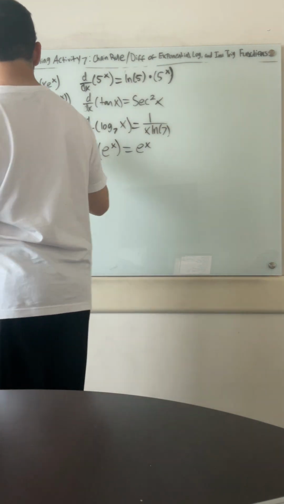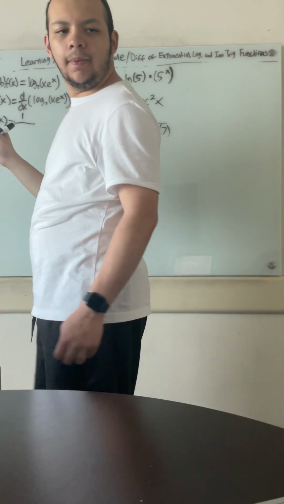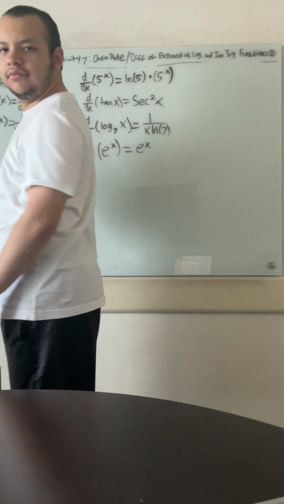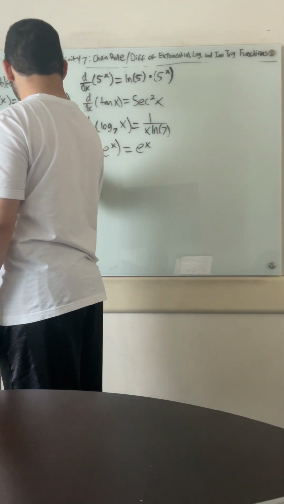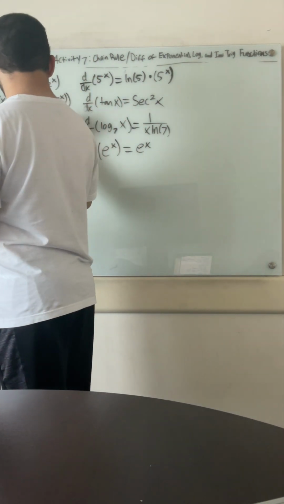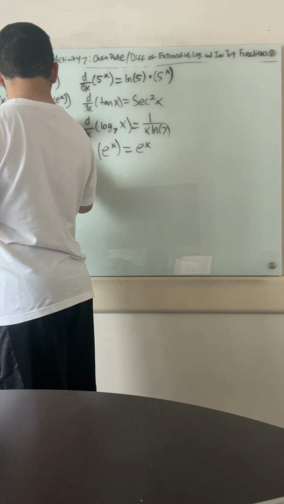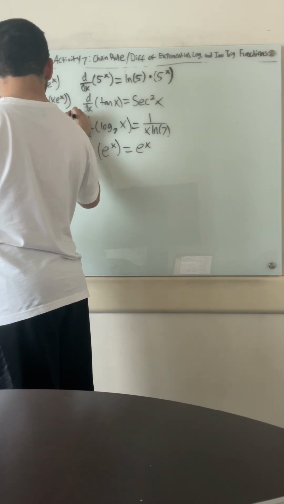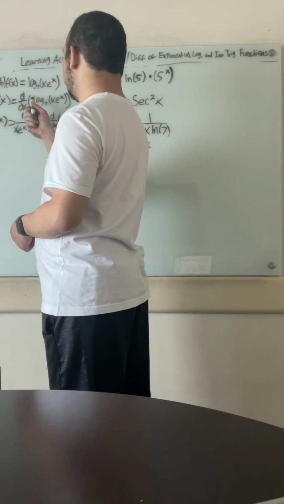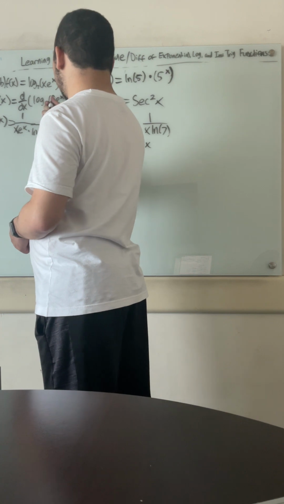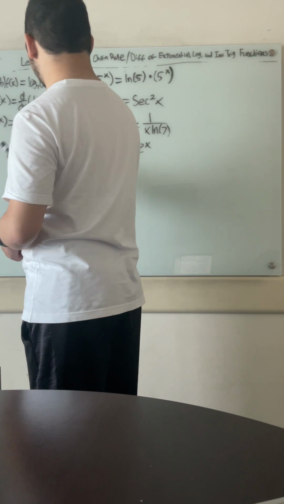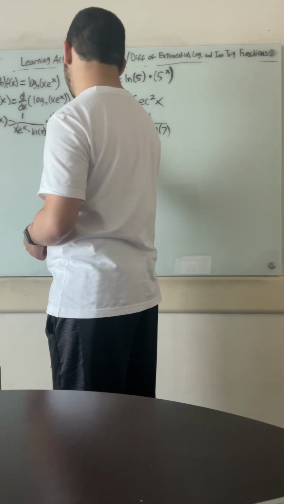1 over x e to the x times ln of 7 times the derivative of x e to the x. Notice that we're using the chain rule. We take the derivative of this and then we have to go inside. So we take this and then we take the derivative of this. So we have 1 over x e to the x times ln of 7 times the derivative of x e to the